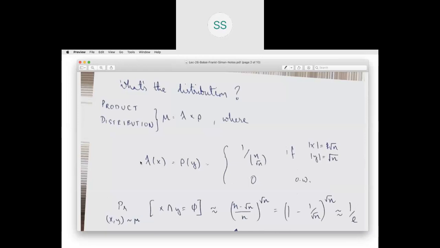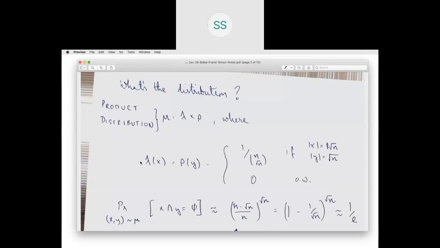So Alice and Bob are going to pick a vector which has exactly square root n ones, and the rest of the entries are 0. And there are n choose square root n such vectors that have square root n ones and the rest 0. And out of these n choose square root n possibilities,